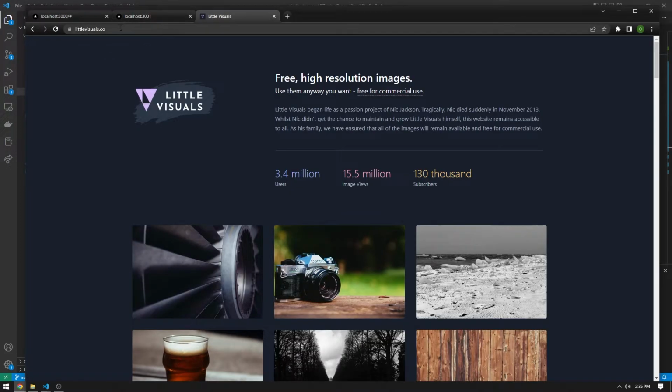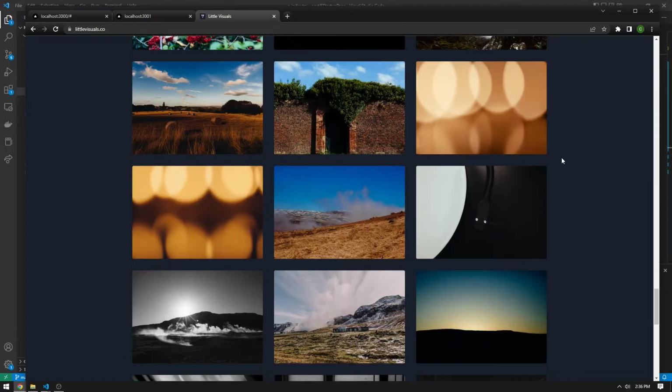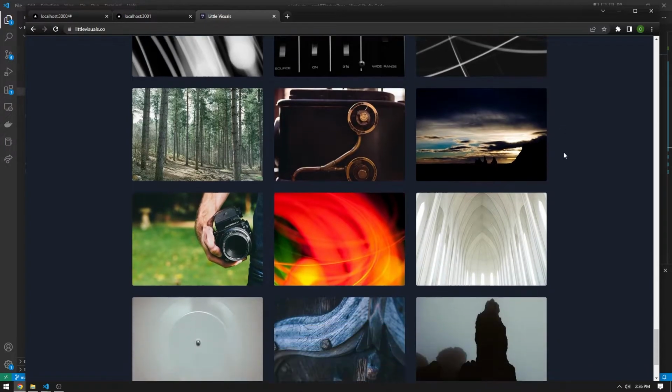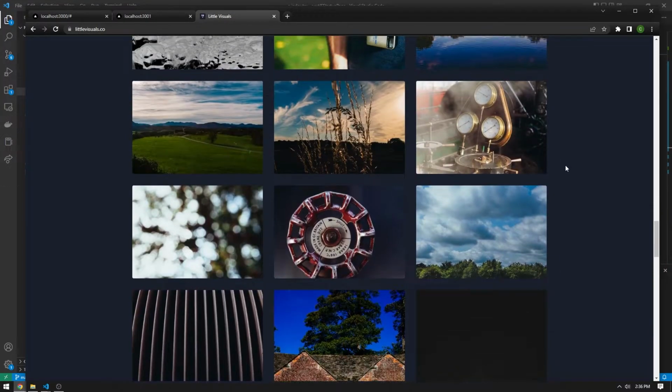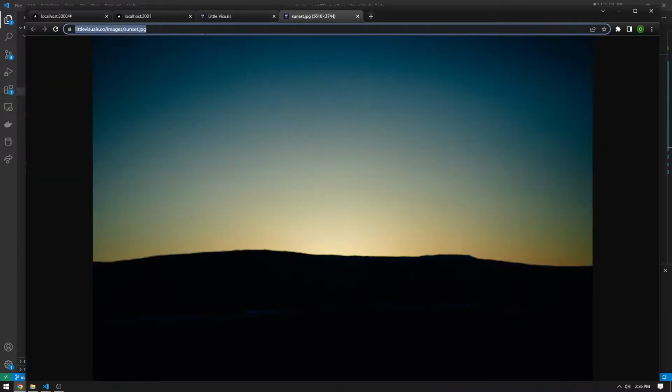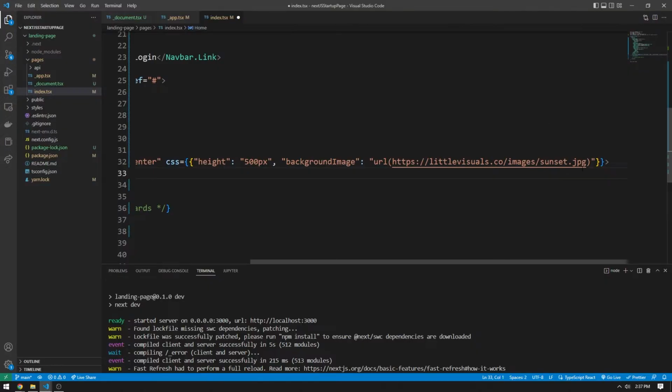There's this amazing website called littlevisuals.co. They're free for commercial use and they're super high quality pictures. If you're going to release a website to production, I would recommend you download these images, but just for the simplicity of the tutorial, I'm going to take some images and just manually use their links for the tutorial. For example, I found this sunset image really great, so I'm going to use this full link here. And make sure to get the full link,